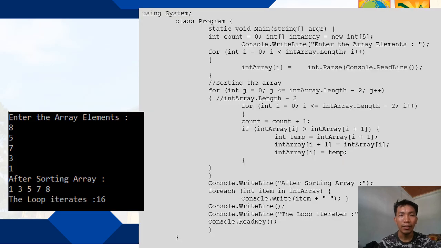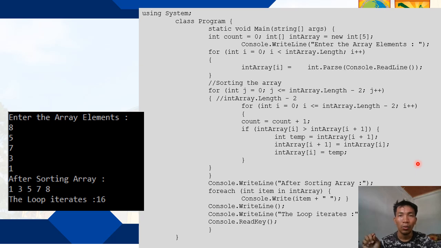Now, here's the code for you to be able to grasp how the bubble sort algorithm performed in an actual C# program.